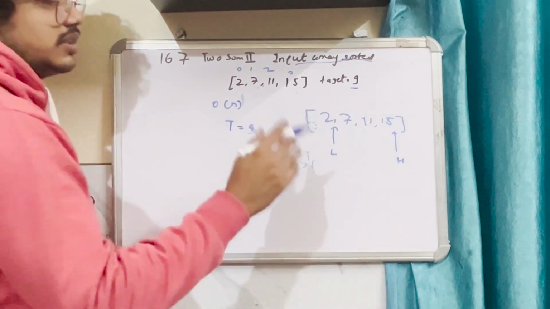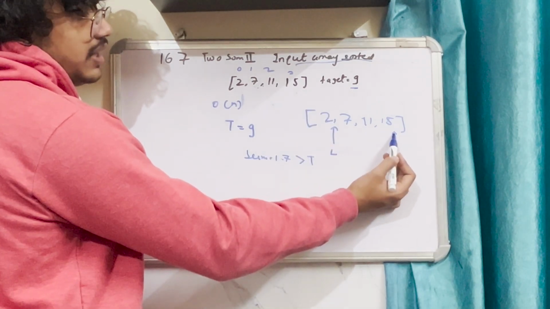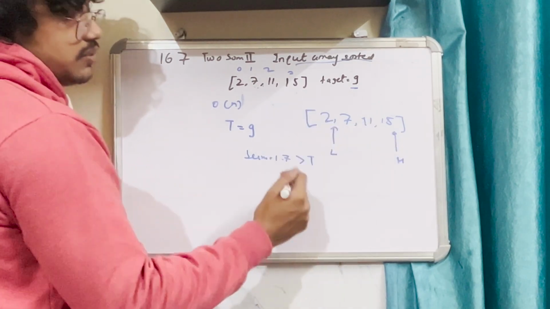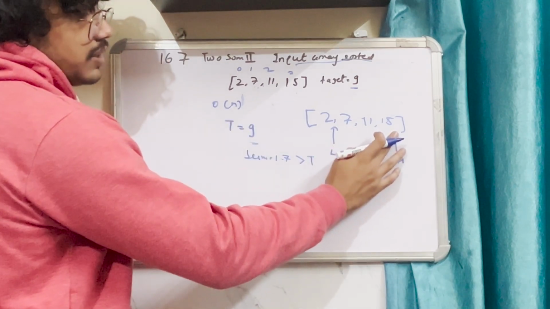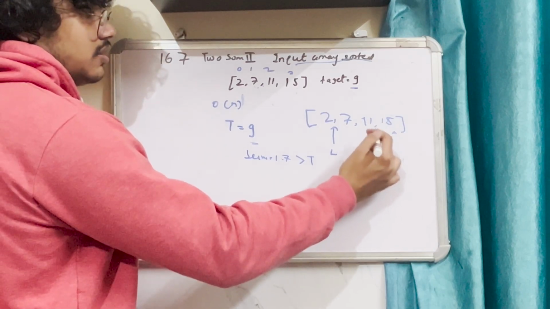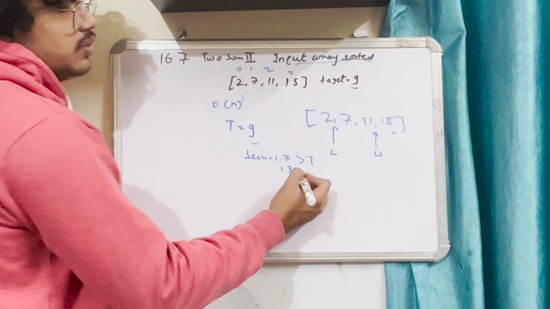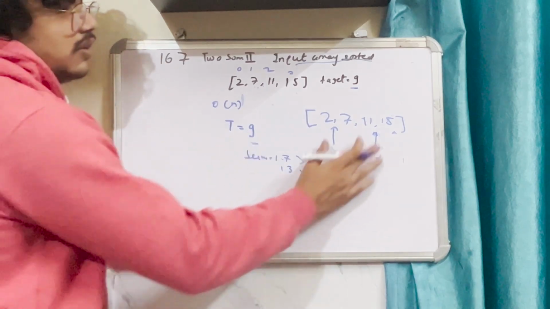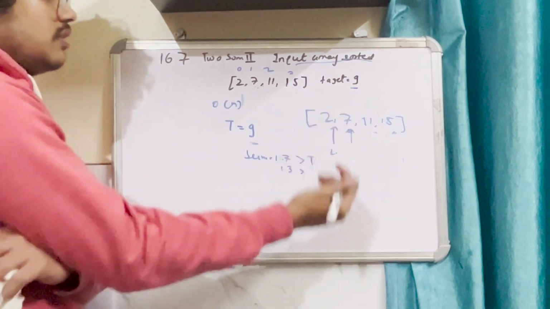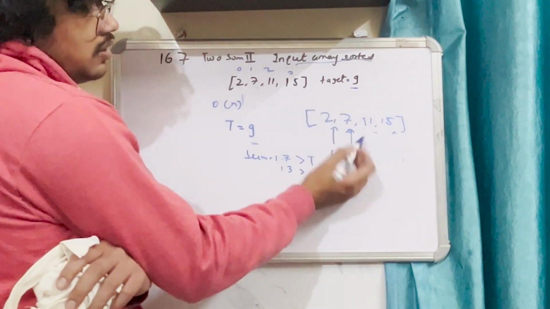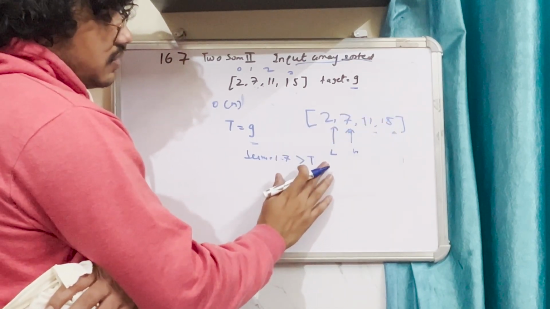Why? This is pretty simple, because if you choose a smaller element than 15, it will take you closer towards 9. For example, if you move h from here to here, what will be the sum? It will be 13, which is closer to 9. Or you can move here also, depending on the number of iterations. You will move here, so it will be 7 plus 2, which will be 9. So what we found out,